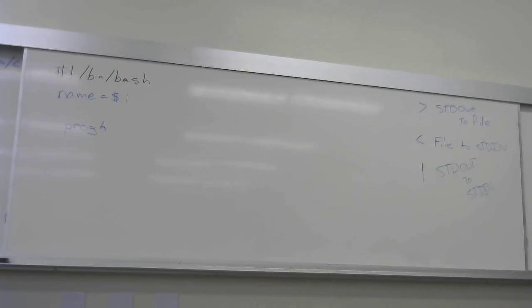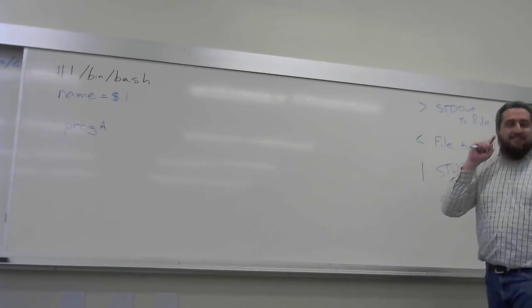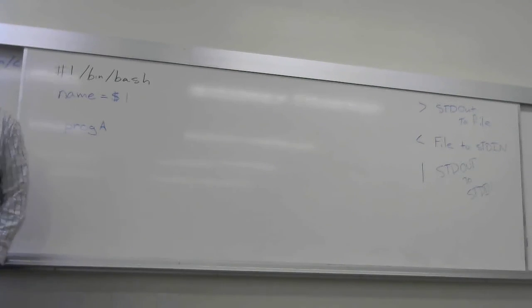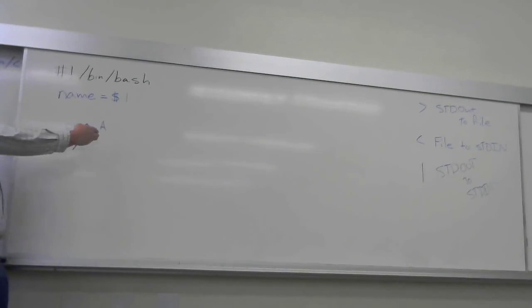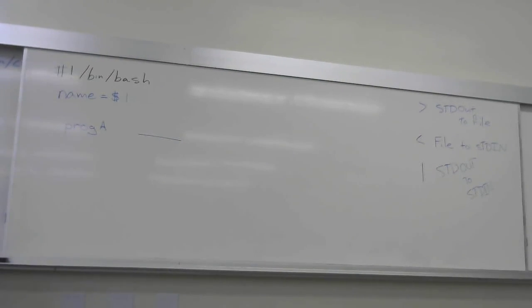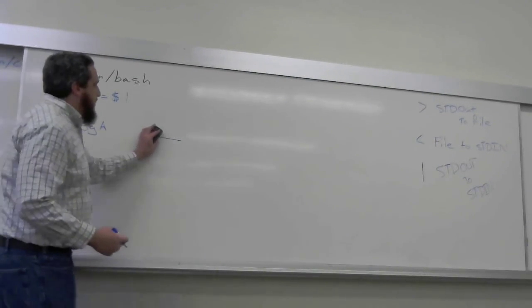What's the answer? Google it. We could Google it. Prog A takes command line arguments. That means that when we execute it, when I write this line right there, I'm executing prog A. That means that this part here is a command line argument, so whatever comes after it. So if I want name to go into the command line argument, I simply do